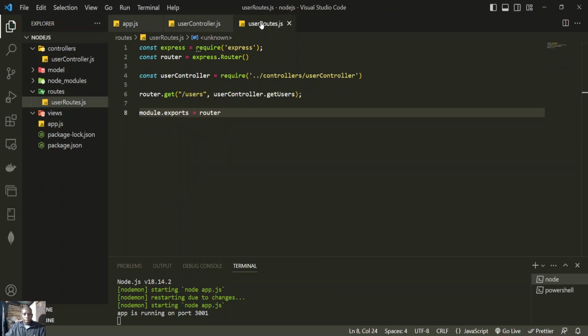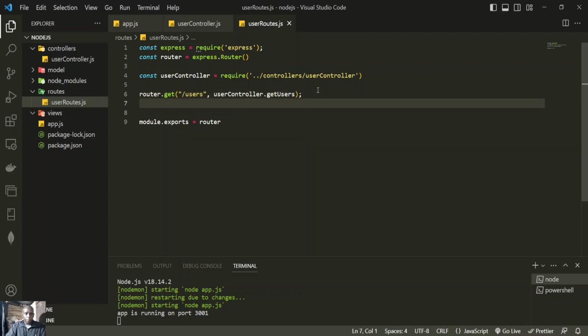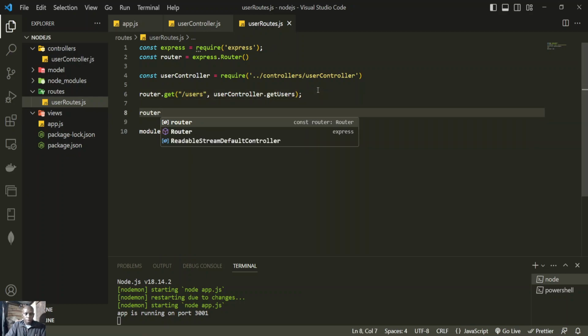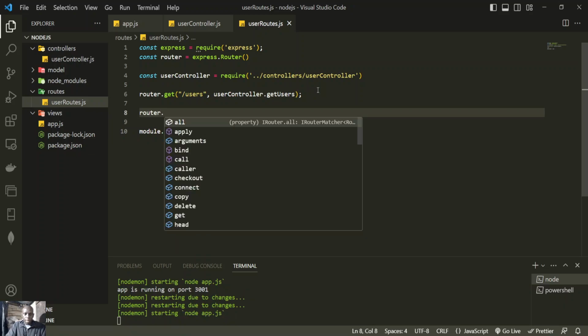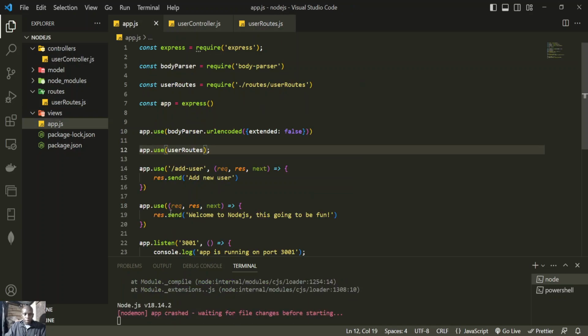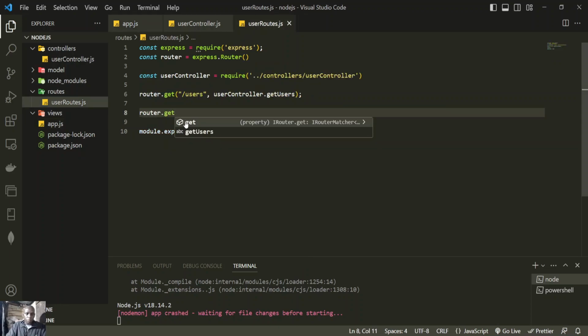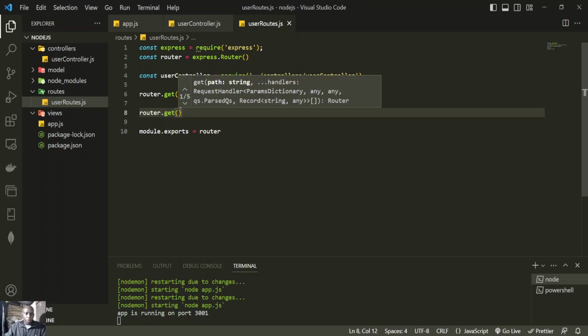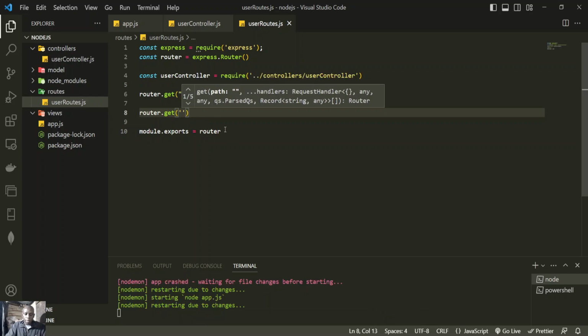So this time around, let's do that by starting with the route. Go ahead and say router, because it's going to be a get, because this route for slash add user is a get request. We're going to use router.get, because get is for handling incoming requests, like for fetching items in the database. So for this one, the route is slash add